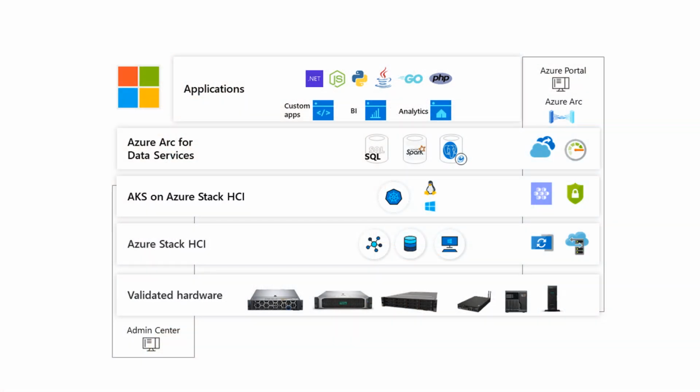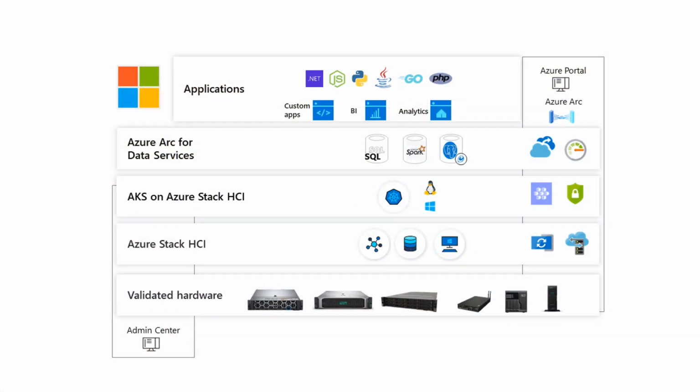So to wrap up, let's reiterate that bottom to top architecture. Starting at the bottom, you've got that validated enterprise class hardware with Azure Stack HCI 20H2 running on top, providing the scalable, high performance platform for traditional VMs that can be managed on-prem with Windows Admin Center or from Azure with Arc. You then deploy AKS HCI on top and provide a platform for running your containerized Windows and Linux workloads. One layer higher and you've got the Azure services deployed down onto Kubernetes, such as the Arc-enabled data services, all managed from Azure. Top to bottom, this is a powerful, scalable, resilient solution for traditional and modern applications and workloads with one place to go for support.